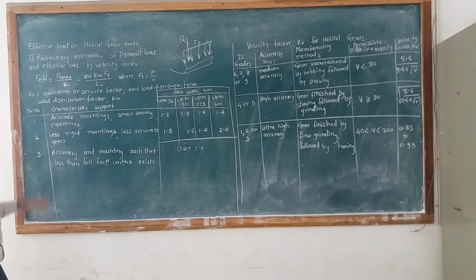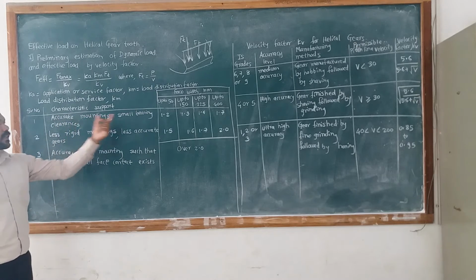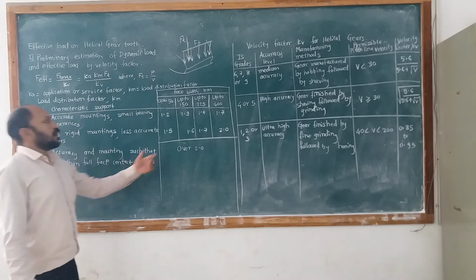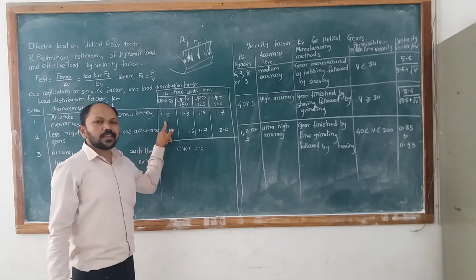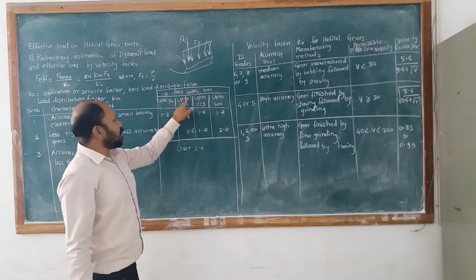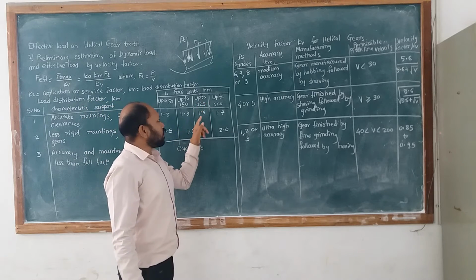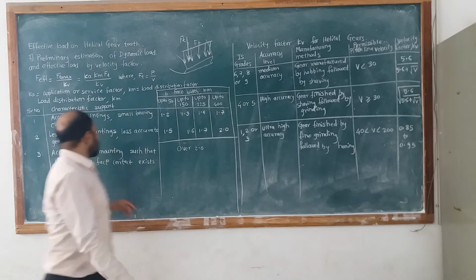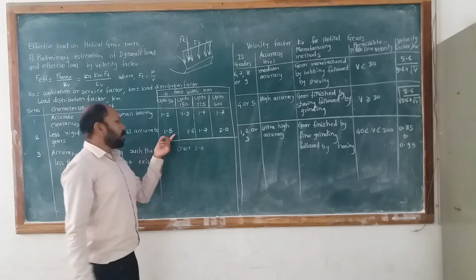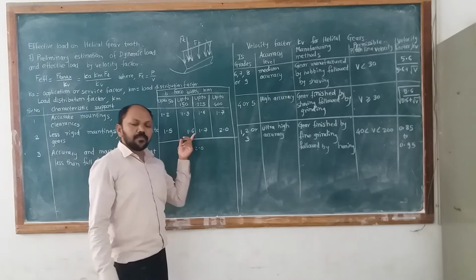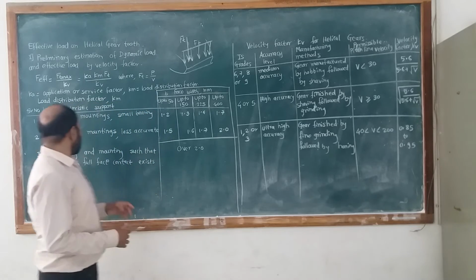Three different situations are available here. For example, characteristic support, accurate mountings are there, and small bearing clearances are there. If face width B is up to 50, then you choose Km equal to 1.2. If B is up to 150, choose Km equal to 1.3, up to 225, 1.4, up to 400, 1.7. If less rigid mounting and less accurate gears, up to 50 you take 1.5, up to 150, 1.6, up to 225, 1.7, and up to 400, 2.0.